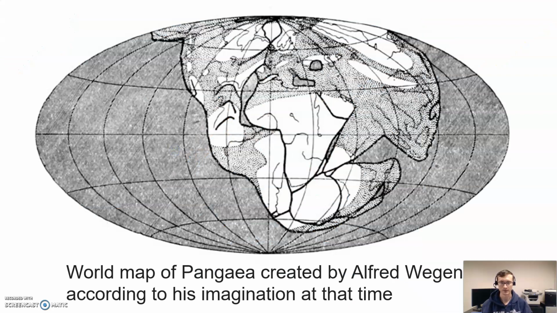And this was actually Wegener's map, which he proposed. And even though this looks incredibly crude and almost useless by today's standards, he was still the first one to do it. Somebody had to be the first one to try to reconstruct what the continents looked like in order to be able to explain all of these different unusual patterns that we were noticing.